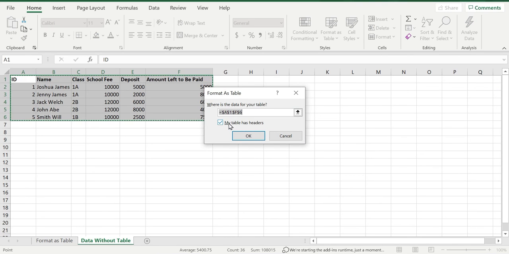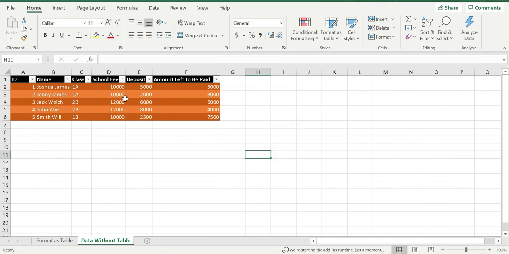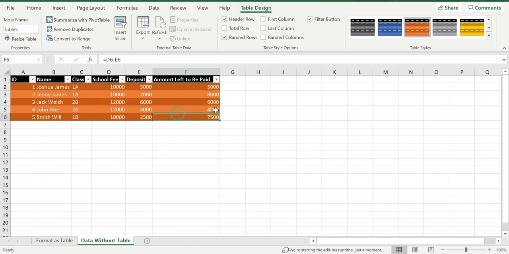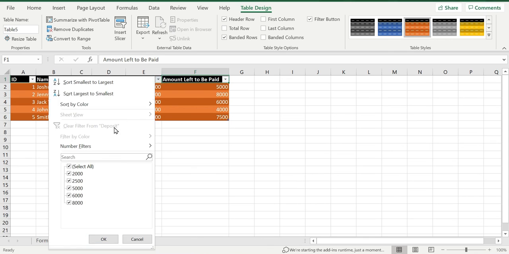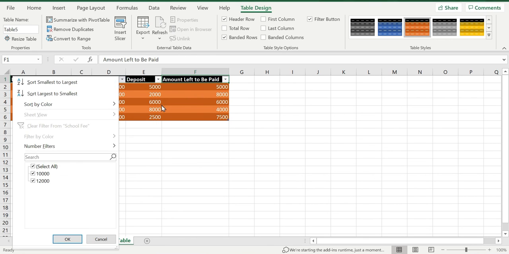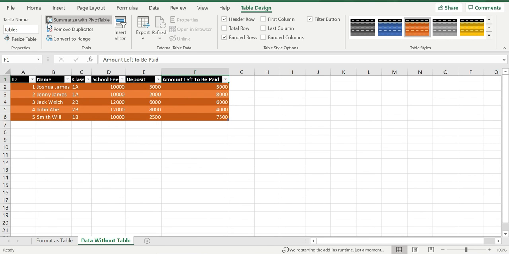And remember to check that my table has a header, because you would like to make sure that the first row of your Excel sheet is considered as the header, so that you can do filtering and the rest of the exploration of the data itself. When you click OK, the system automatically creates the table for you. And as you can see here, there is already a filter that you can use easily. And on the left hand side, you can see that there is a name of the table here,